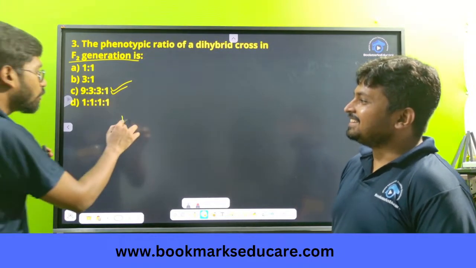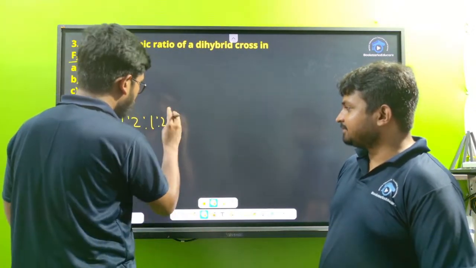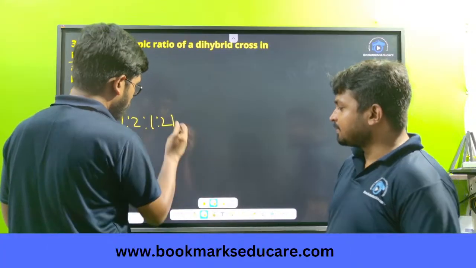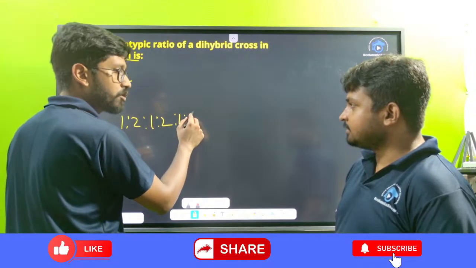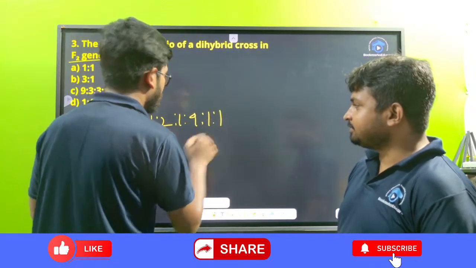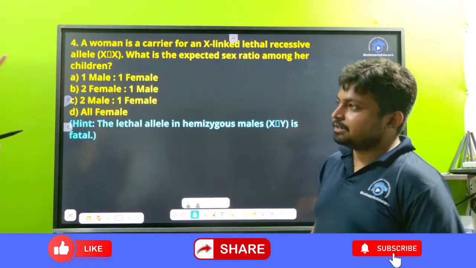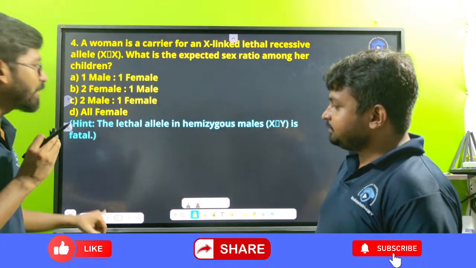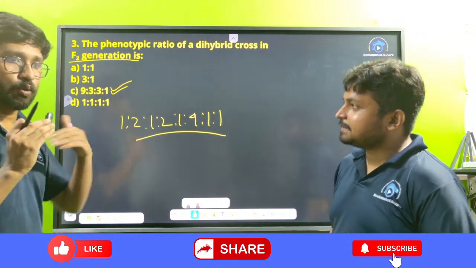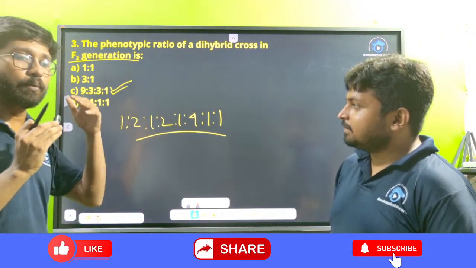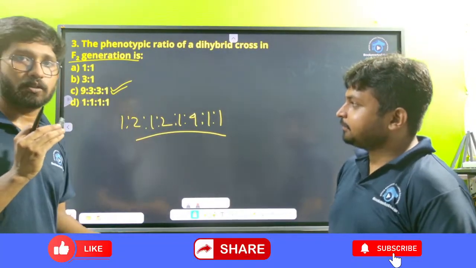Genotypic ratio will be 1:2:2:4, 1:2:2:1, 1:4:1, 1:1. So a question can come. These you cannot remember, okay? I know this by memory because I have done that many dihybrid crosses throughout my study career. So the only way to know and learn Mendelism is